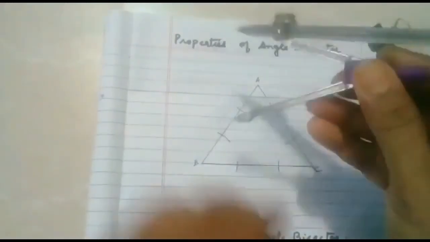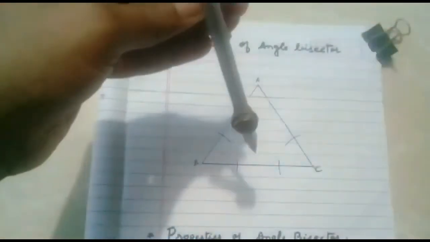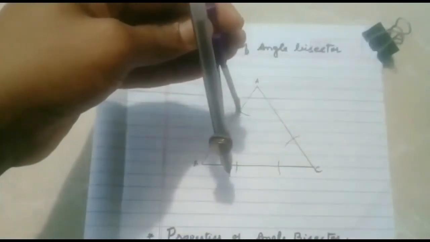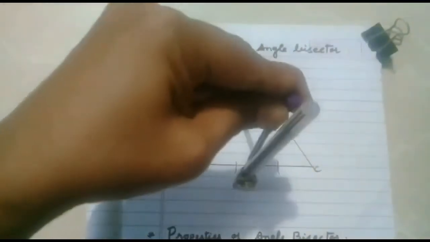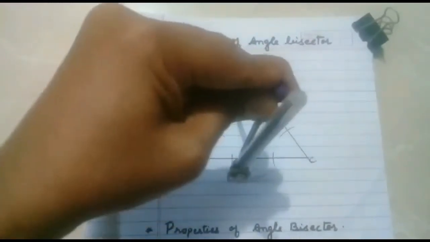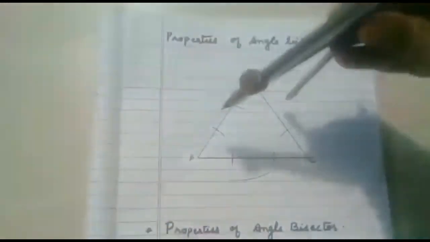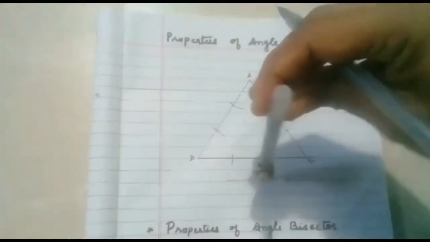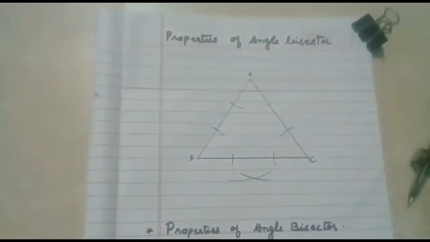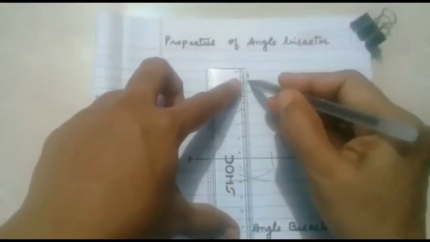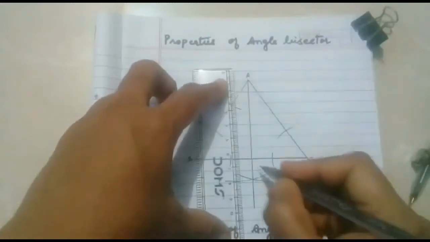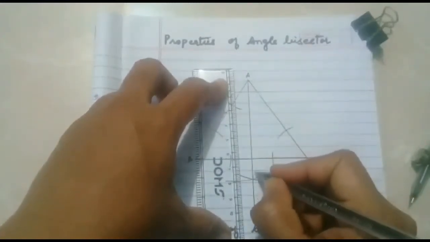Now again we will be drawing an arc, placing it at this point, cut an arc. Again from here make an arc. Now with the help of a pencil join and name the point as